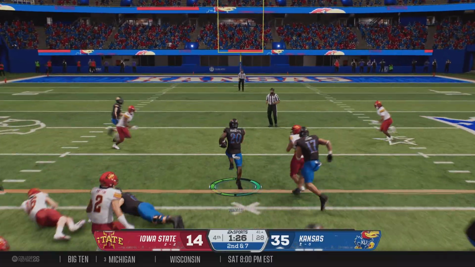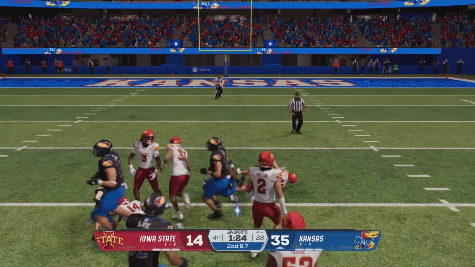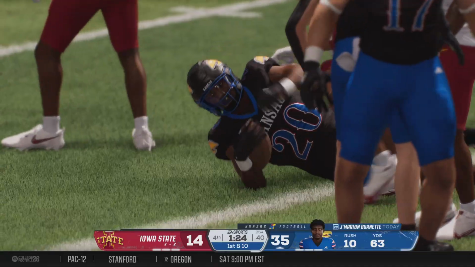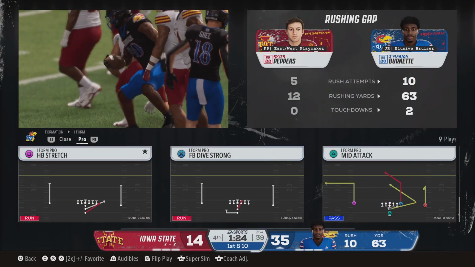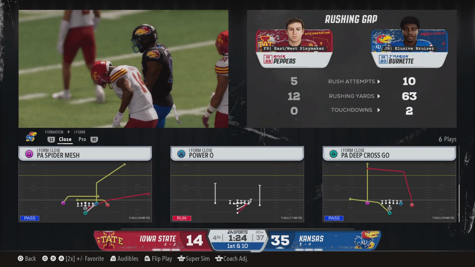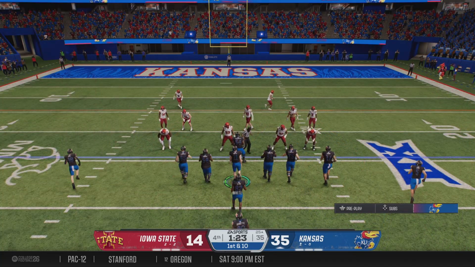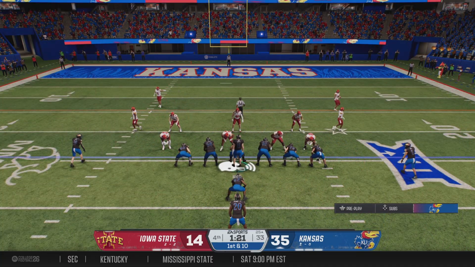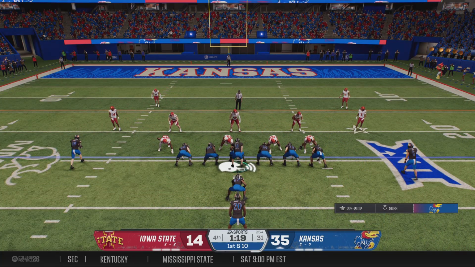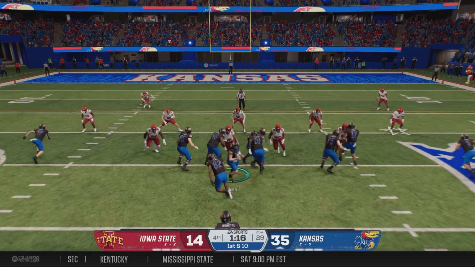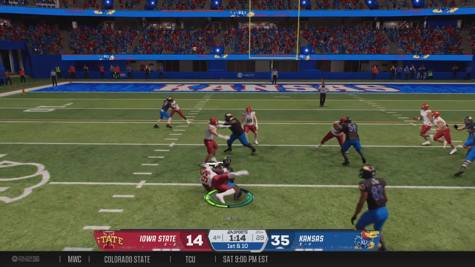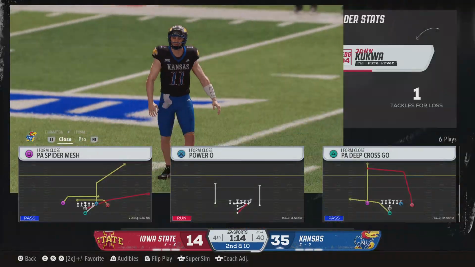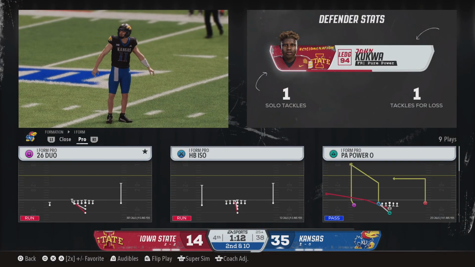They'll run it to keep the clock moving. Breaks into the open. They finally get him stopped, and this veteran junior running back comes up with a nice play. Man, this offense would really like to lean on this guy in the 4th quarter, right? They've got the lead, and you just saw his ability there, breaking a tackle. He looks like he's getting stronger as the game goes on. I'd expect him to get a few more carries here before this game's over.